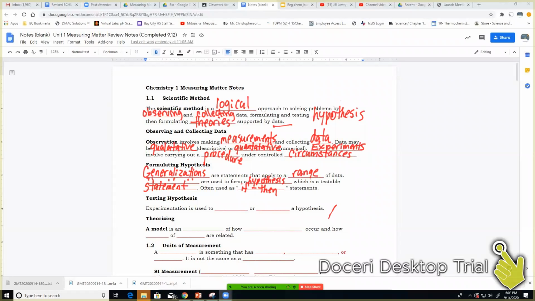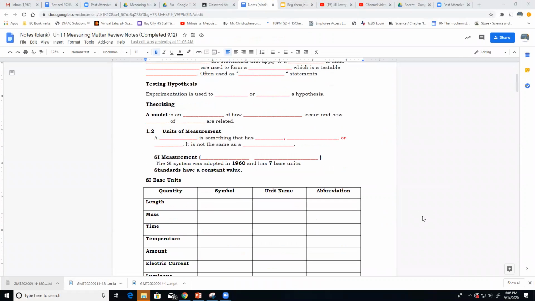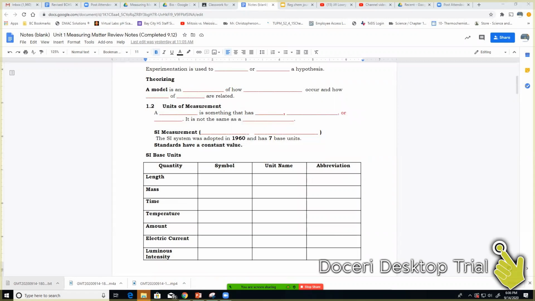So experimentation is used to either support or reject a hypothesis. And many hypotheses are actually rejected. Some scientists spend their whole life trying to prove one thing. Okay, when we talk about theorizing, theorizing is bringing more than just one hypothesis, bringing more data together to come up with a model or a theory that is then just kind of accepted. So a model is an explanation